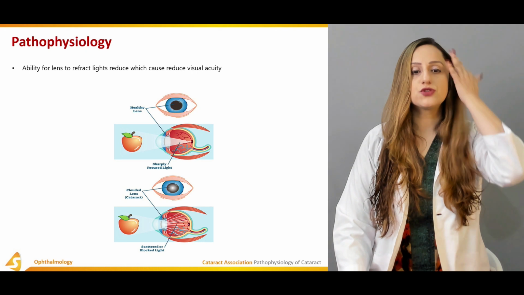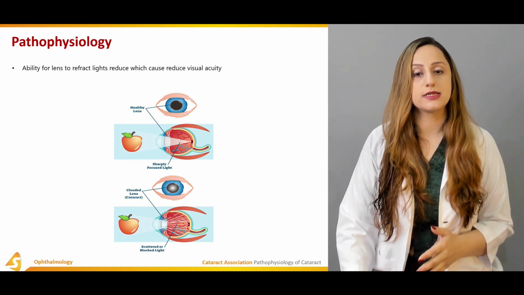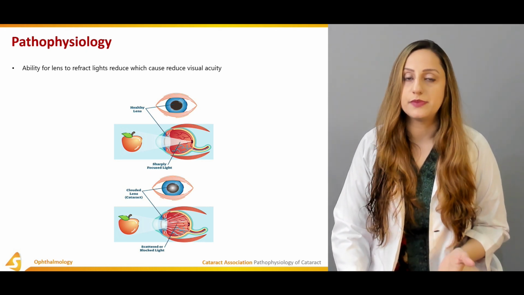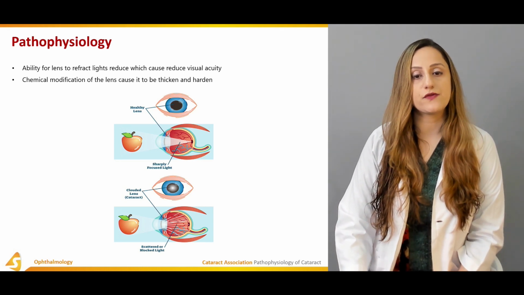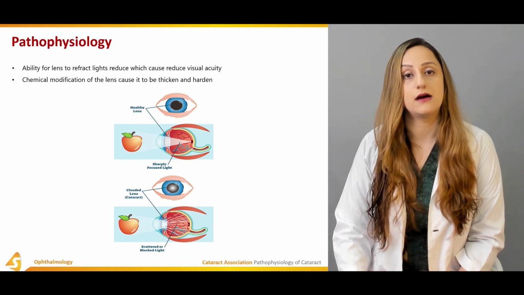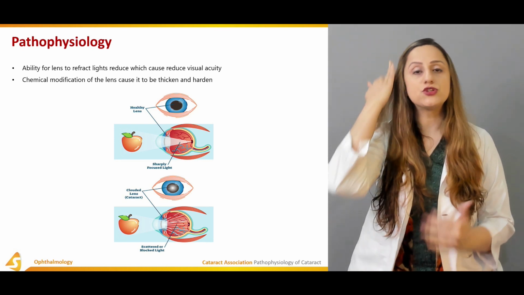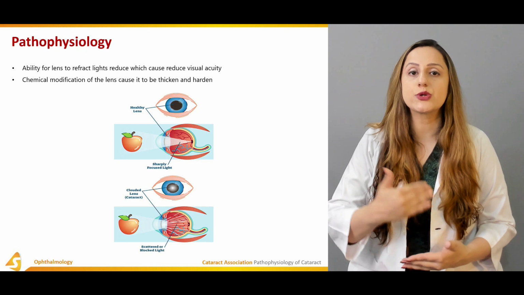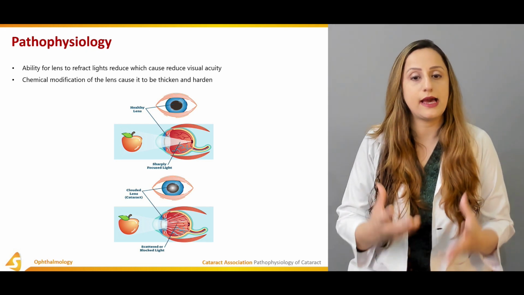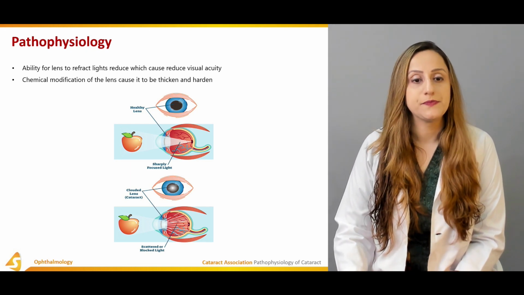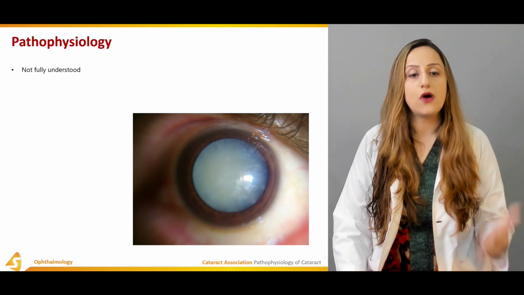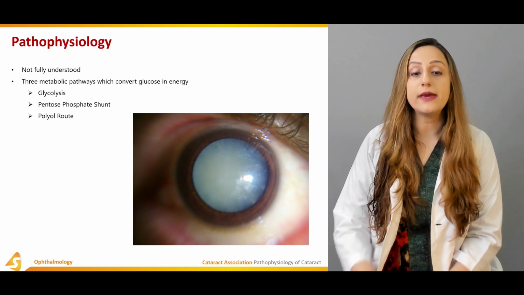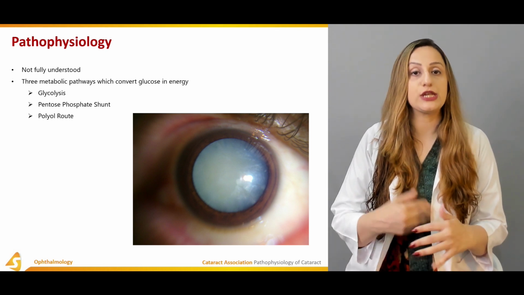The ability of the lens to refract light reduces, which causes the reduced visual acuity in people suffering from cataract formation. The chemical modification of the lens causes it to thicken and harden. So again, it's not just the opacification, it is also causing the lens to harden and thicken as well. The pathophysiology, obviously, is not fully understood, but there are three major metabolic pathways